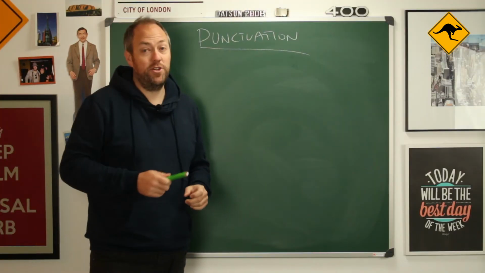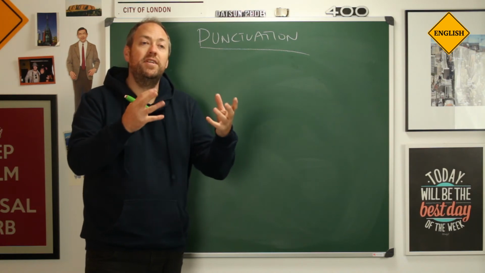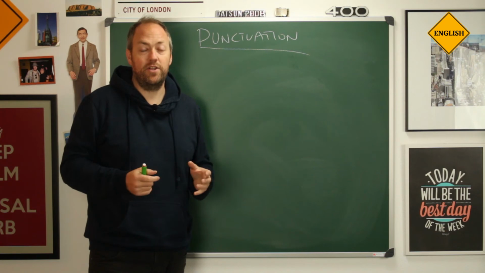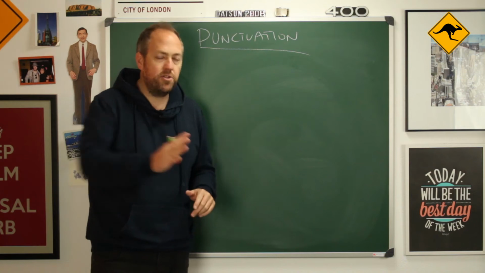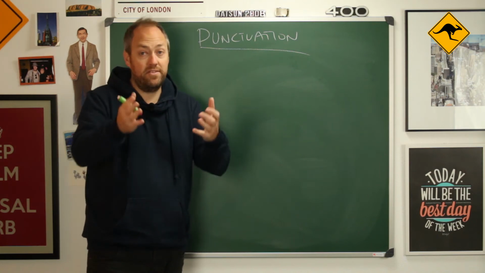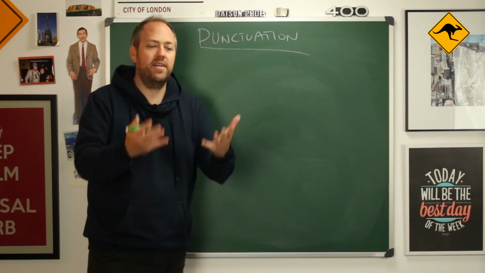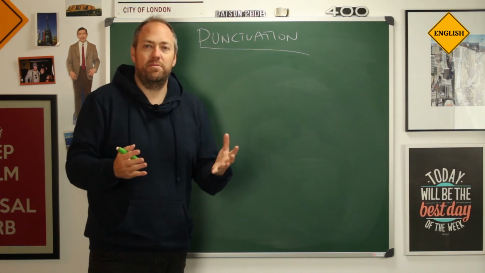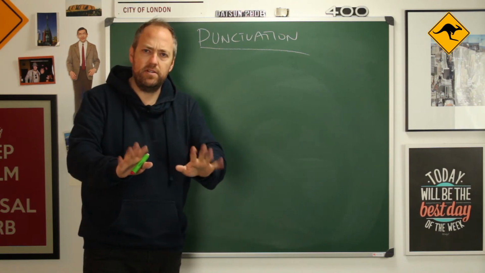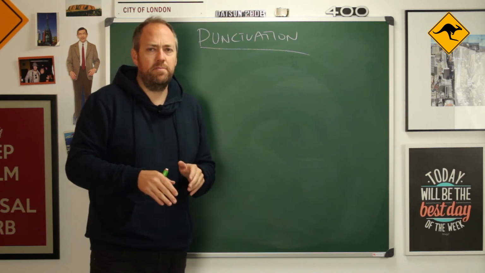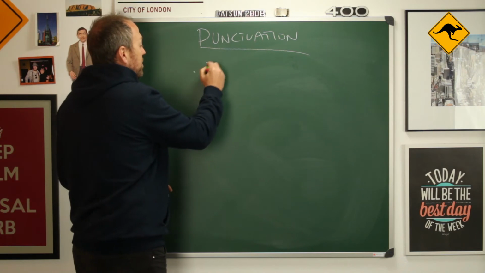Next thing, punctuation. Now, the best way to describe punctuation is that punctuation is the traffic lights of the English language. It tells us when to stop, when to slow down, and when to go. And it's very important because, as with paragraphs, we want to help the reader. We want to make the reader their life as easy as possible. So we use punctuation to help them, to tell them, okay, slow down for this bit, or extra emphasis on this bit. Okay? So the first most important thing, of course, is our full stop.